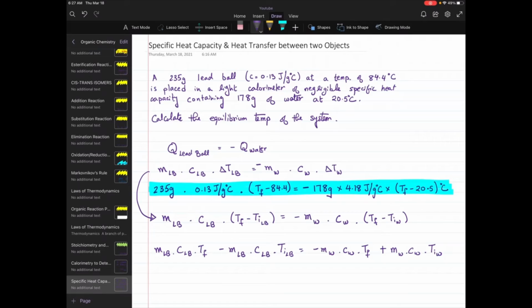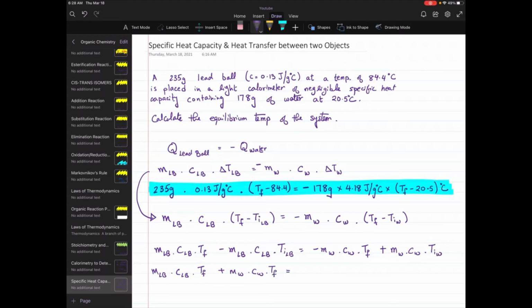So this is the expanded form for the heat, and now what we know is we want to isolate for TF. So we will take both the TF values and bring it to the same side. So I'm going to keep the M lead, lead ball, C of LB, and T of F on this side, and I'm going to bring the right hand side's water component with the TF, the final temperature, to the left hand side. So it will become plus MW CW